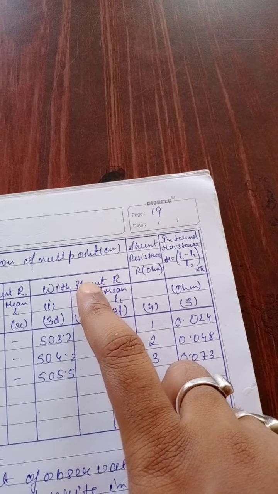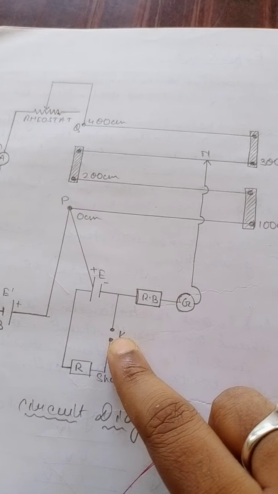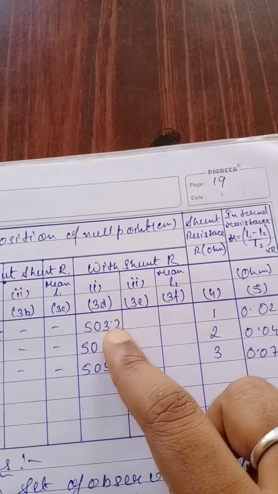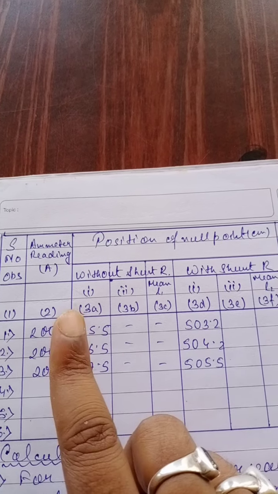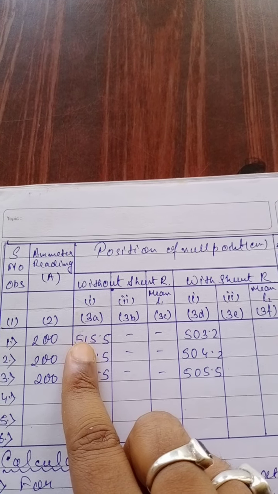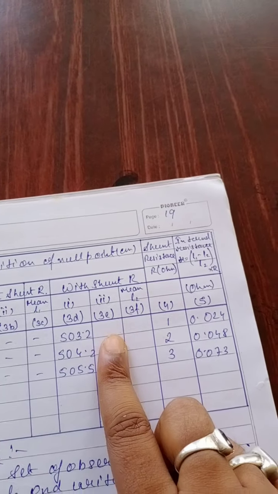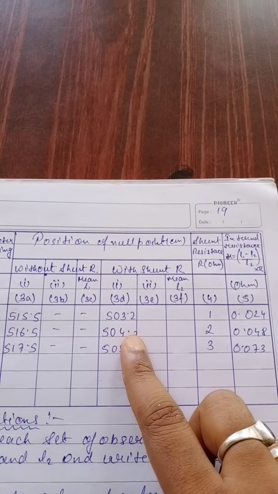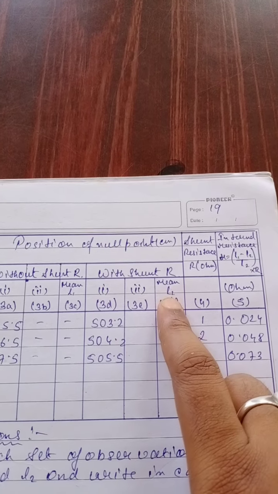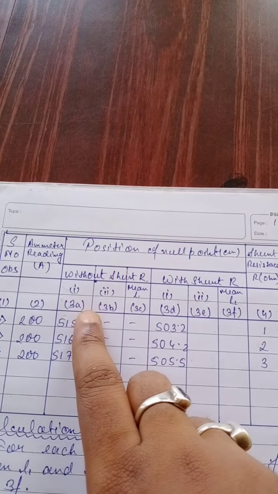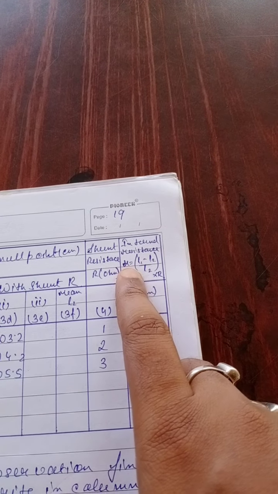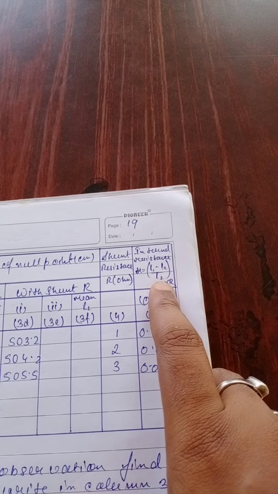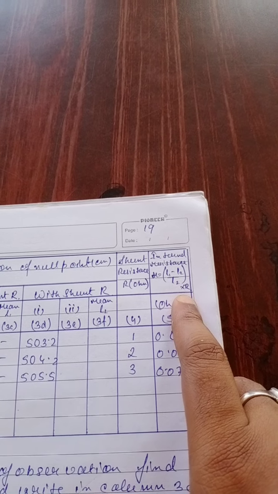Again, when this shunt resistance is connected, that means this key is closed. When this key is closed, again we find the null point. So one time first we find the null point when the low resistance was disconnected, and again we find the null point when the low resistance is connected. Suppose this is the null point L2, and previously the null point was L1 at length. So the formula of small r is equal to L1 minus L2 by L2 into capital R.